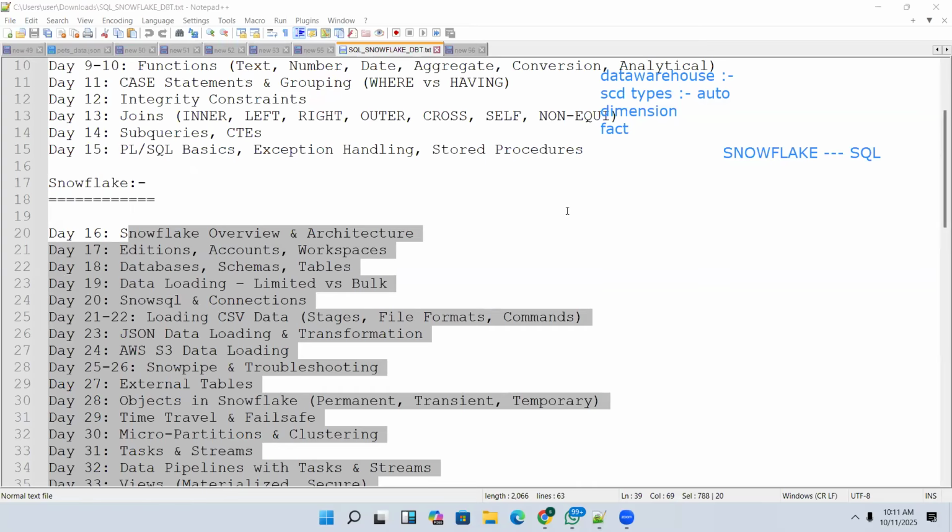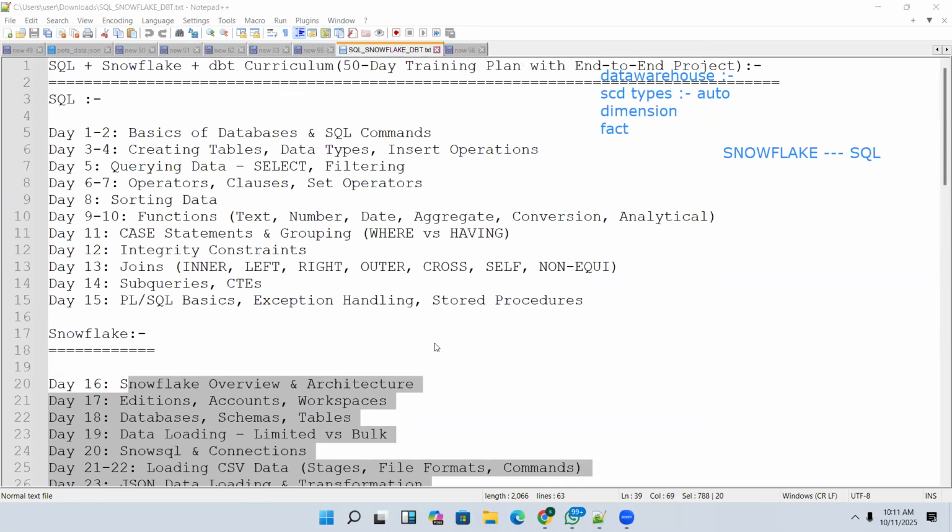It is compulsory, because you are working on a data warehouse. In Snowflake, as part of a data warehouse, most of the data will be in dimension tables and fact tables. First of all, you should know what dimension tables, fact tables and SCD types are. I'm going to explain it, 100% sure.